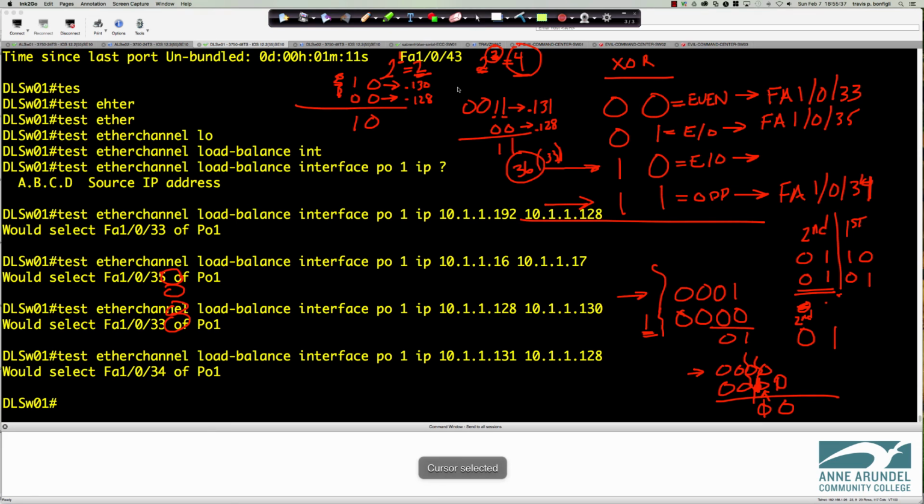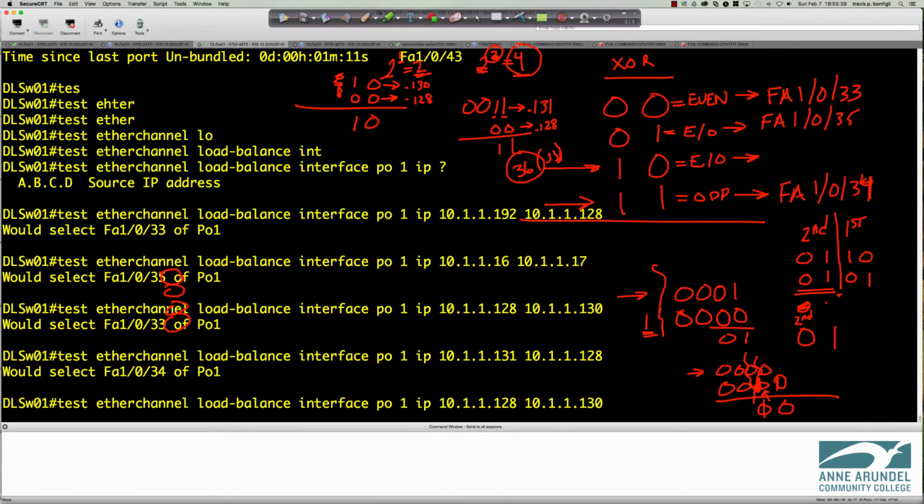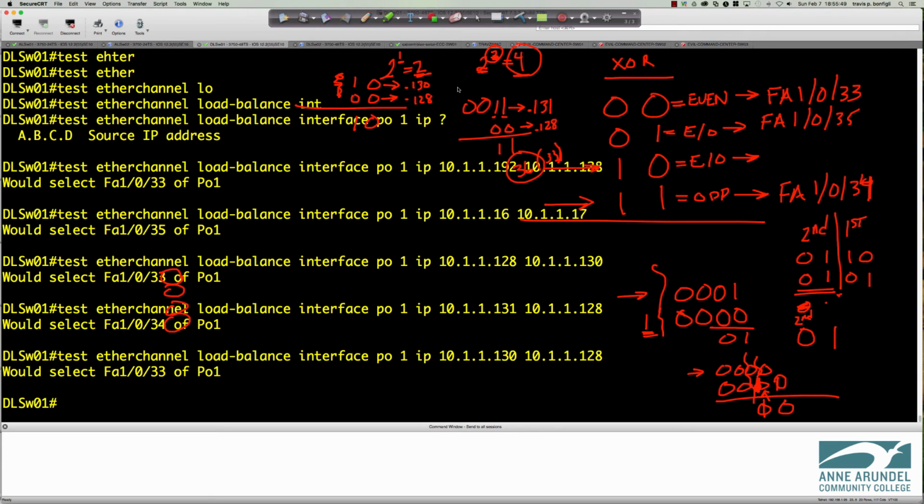Let me flip the order of those to make sure that wasn't my issue. So we're going to go 130 and 128, and we're hoping, no, we still end up with 33, even though that would hash out to 10. It's probably something I'm doing here, but as you can see, we were able to figure 3 of the 4 out, so if something did hash to 10, it should hit